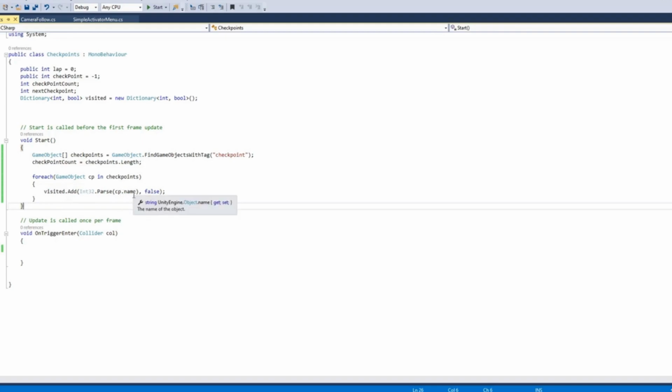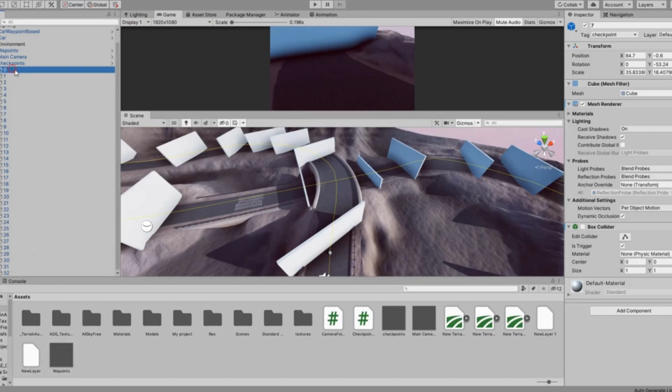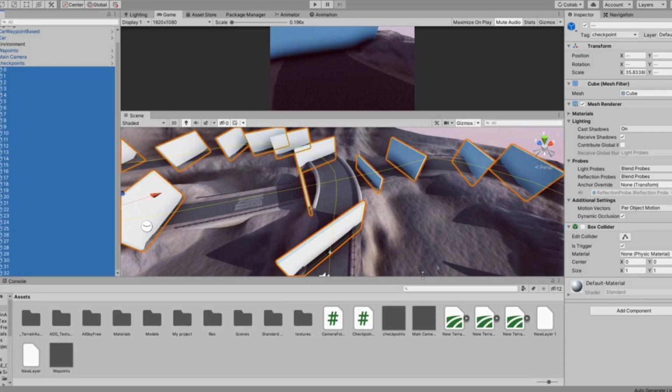So value for each key at the start will be false. Later, when we visit the checkpoint, we will change the value for each key to true. And we will do this in the OnTriggerEnter. OnTriggerEnter is called when we have a collider on a game object and we have checked isTrigger on and we want to turn their box collider on.